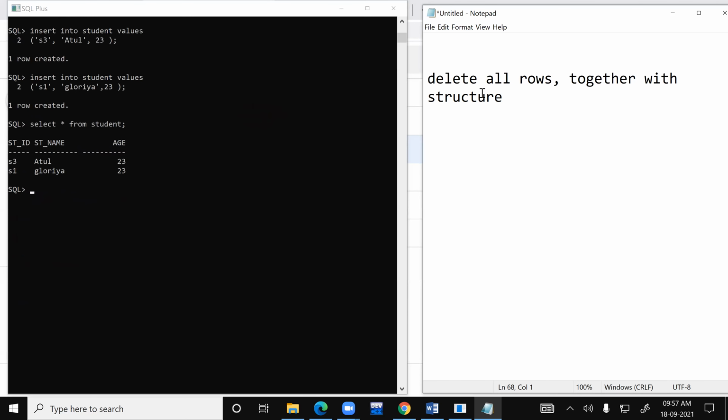Now, to delete off all the content in the table plus the structure of the table, you do have a query called drop.